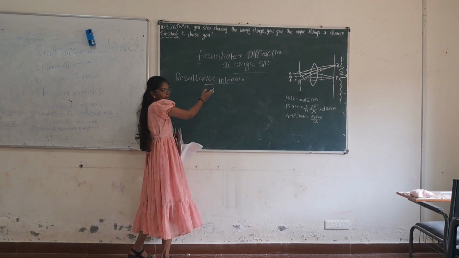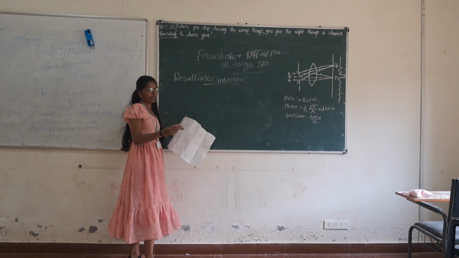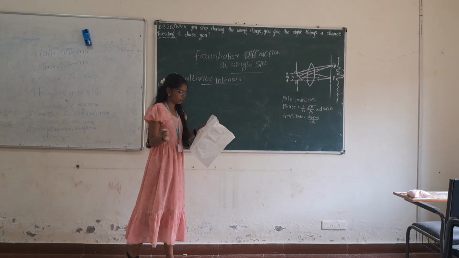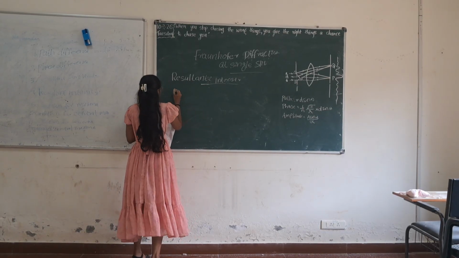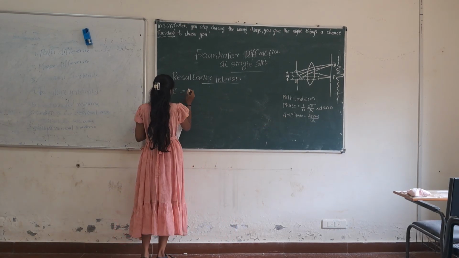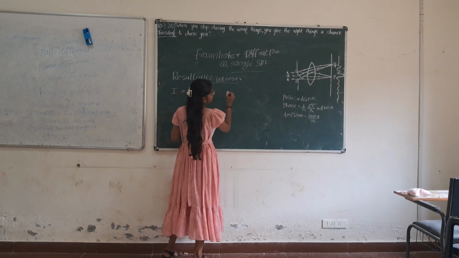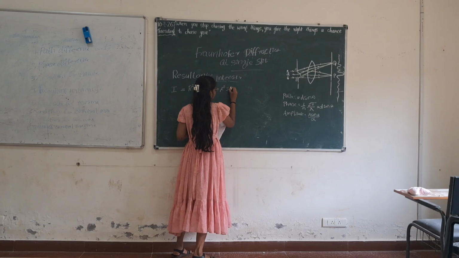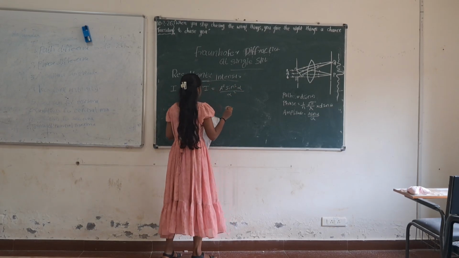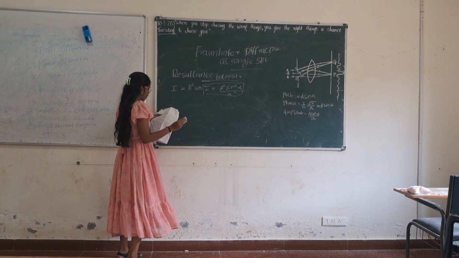If we know the resultant amplitude, we can easily find the resultant intensity, because intensity is the square of amplitude. Resultant intensity is the square of the resultant amplitude. So I is equal to R squared, therefore I is equal to A squared sin squared alpha by alpha squared. This is the equation for resultant intensity. So now we can draw a graph of